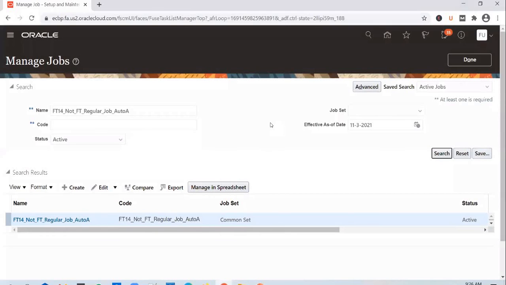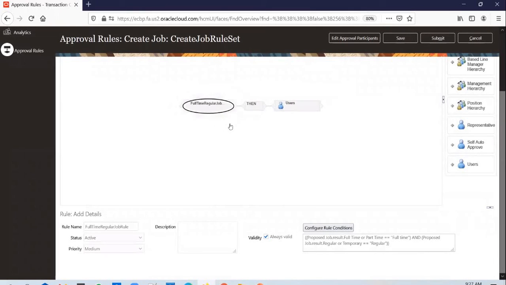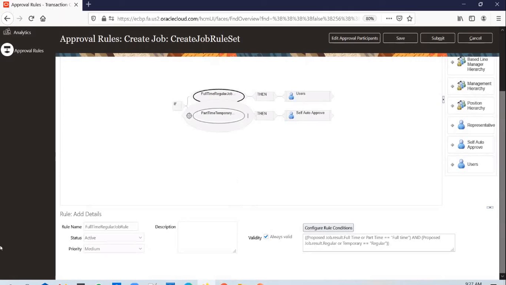Okay, yeah. Any other questions, guys? Yeah, Prasad. Can you go into that conditions? The second condition, that part-time and temporary, was removed. So normally if only one condition is there and a job is created with part-time and temporary, what is going to happen? If you have not decided this, it will run into error. Yeah, if you don't handle it, that's a good question.